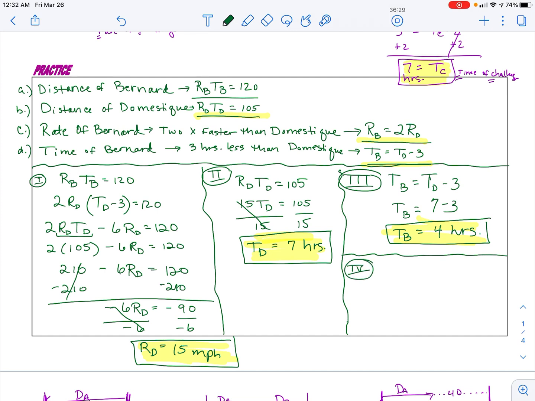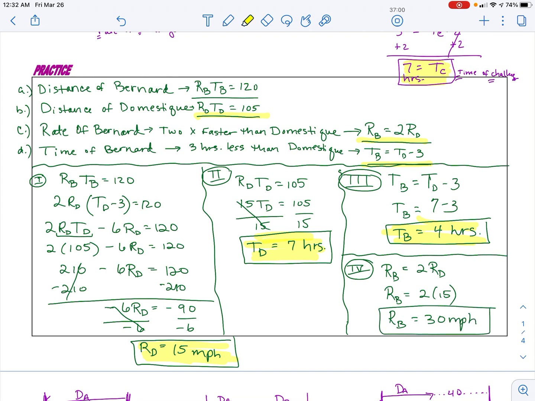Now let's look at number 4. The last thing we have to solve for is the rate of Bernard. Do we have an equation up here? Yes, we do. Look at C: RB equals 2 R sub D. Okay, let's fill this in. I know that R sub D, which we solved in Roman numeral 1, was 15. So to find Bernard's rate, we're going to plug 15 into this, and RB is going to be equal to